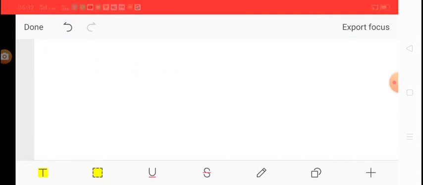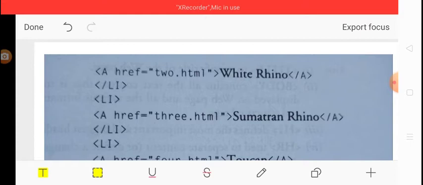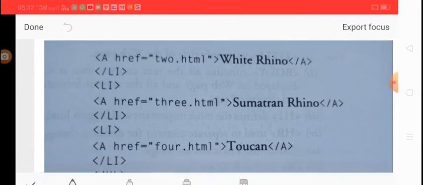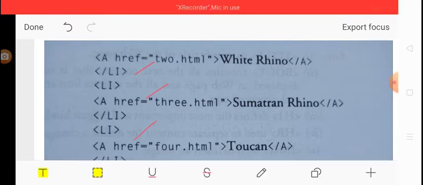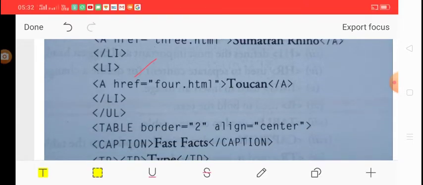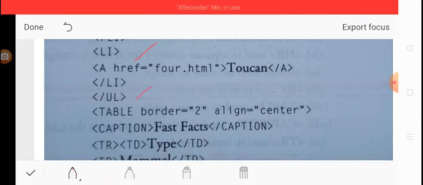Now in a similar way, you can easily see here that this process is repeated for the second list item, and then for the third list item, and for the fourth list item. Okay, so these are the different list items which also serve as links. And then finally the UL tag is closed. You can see here the UL tag is closed here.